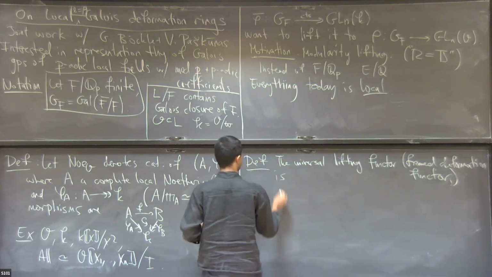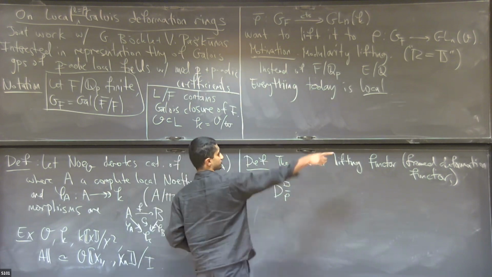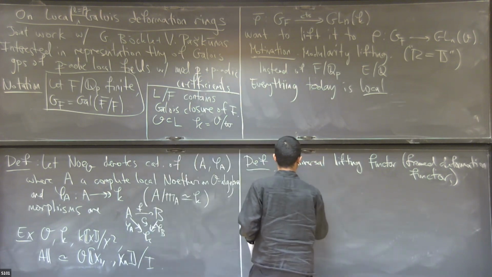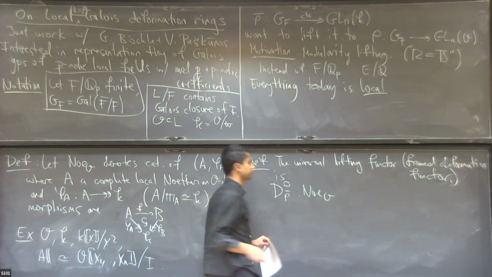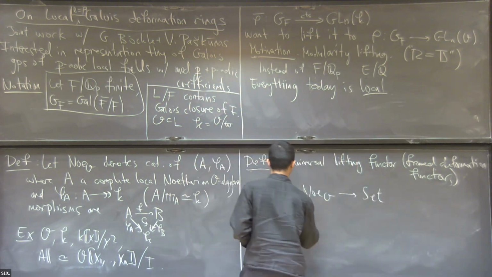So what is this? This is a functor, which I call D rho bar, and I put a square. The square denotes this thing about the basis. This is a functor from this category of Noetherian rings to sets. And it takes one of these